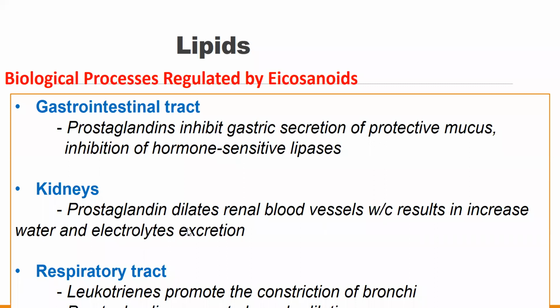Kidneys also need prostaglandins. They dilate renal blood vessels, which results in increased water and electrolyte secretion. In the respiratory tract, leukotrienes promote the constriction of bronchi, and prostaglandins promote bronchodilation. So in fact, during the COVID time, if you eat a lot of this,